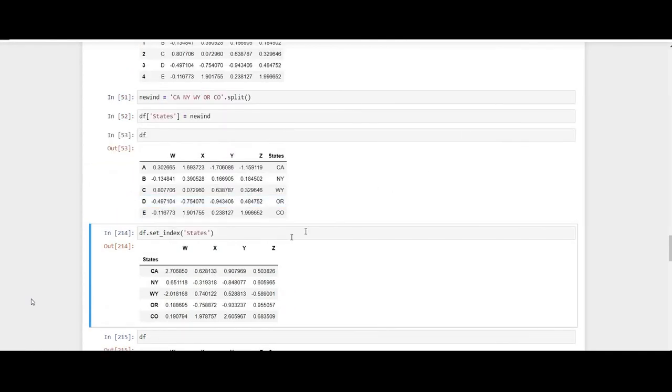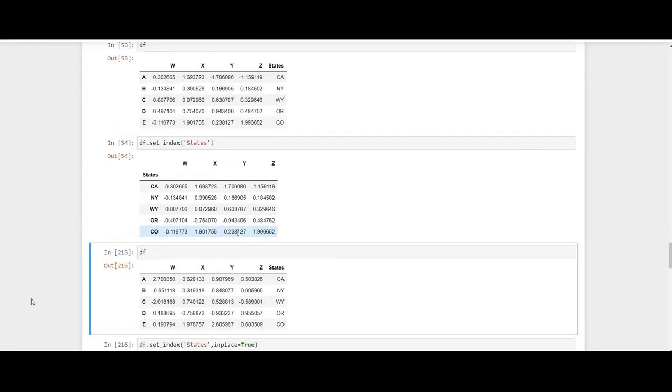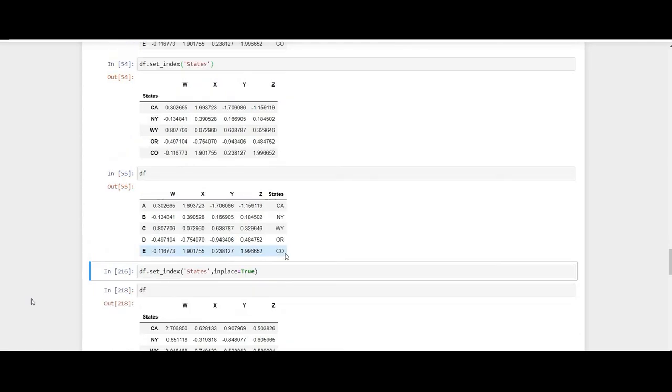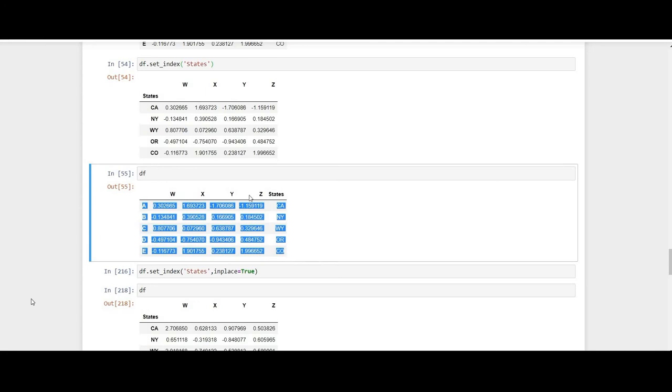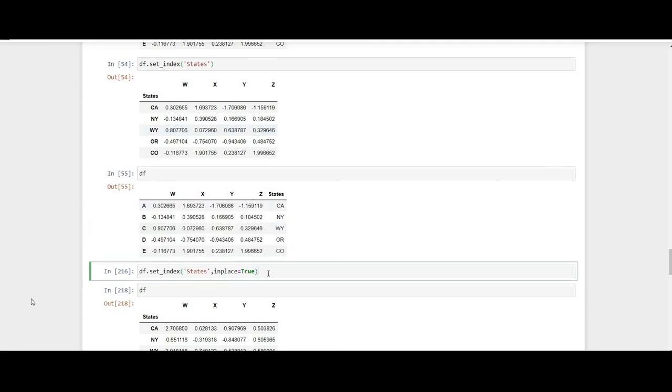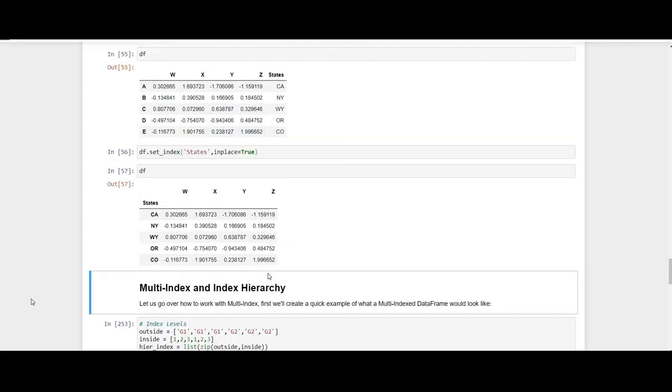And if we want to set these indexes ABCDE to our states, then use the set_index method and pass that column name to that method as parameter. If we check df, then our df has not changed at this position. Use the inplace parameter to permanently change that index.